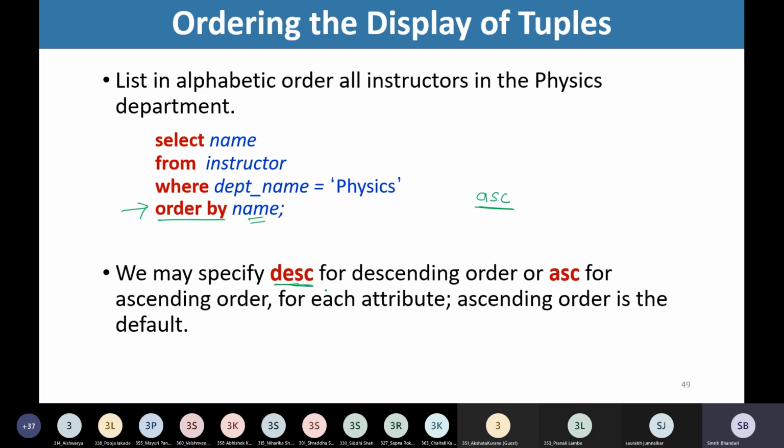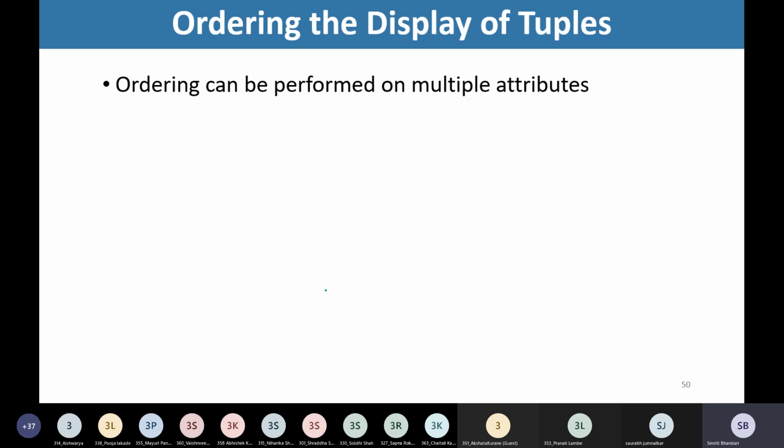It is possible for us to make use of more than one attribute for ordering. It is possible that we may order the data in ascending order for one attribute and in descending order for another attribute. So let's see an example